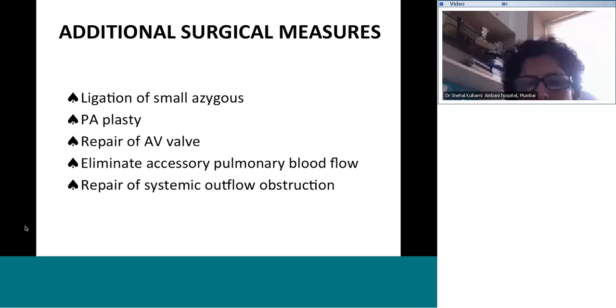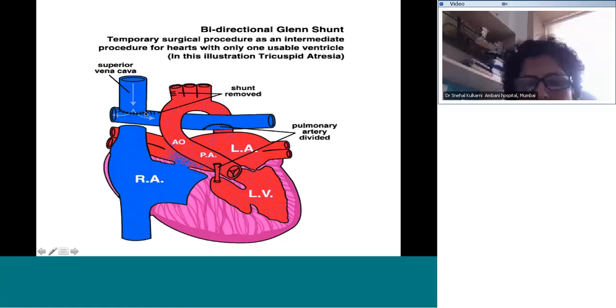Is there any accessory pulmonary blood flow like aortopulmonary collaterals that need to be taken care of? And as I said, repair of systemic outflow obstruction like a restrictive bulboventricular foramen, if at all it is there. So in addition to doing a bidirectional Glenn, if there are any other variables which have been left, they need to be taken care of while doing the Glenn surgery. So this is, as you know, not classical, it's a bidirectional Glenn shunt. Your SVC is anastomosed to the